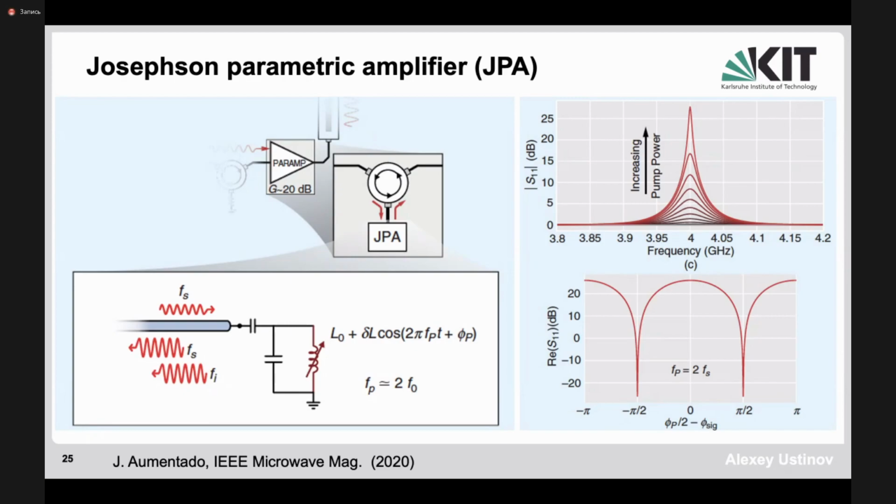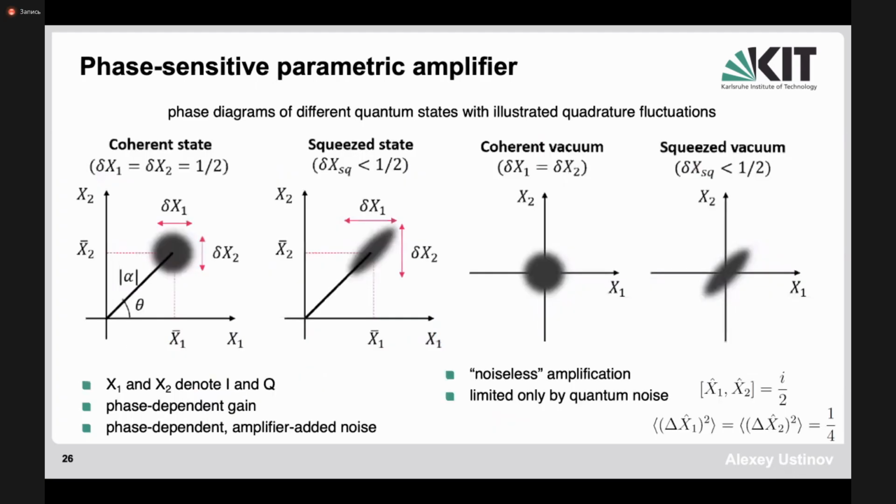Then basically you have the pumping at twice the frequency, similar to the swing. There is also a three-wave mixing, which is slightly different. You basically mix the signal into signal plus idler using the second harmonic of the pump which you apply. So in this case, the pump frequency is close to the frequency of the signal, but of course mixing happens because of the presence of the second harmonic in the converted pump signal. So now,